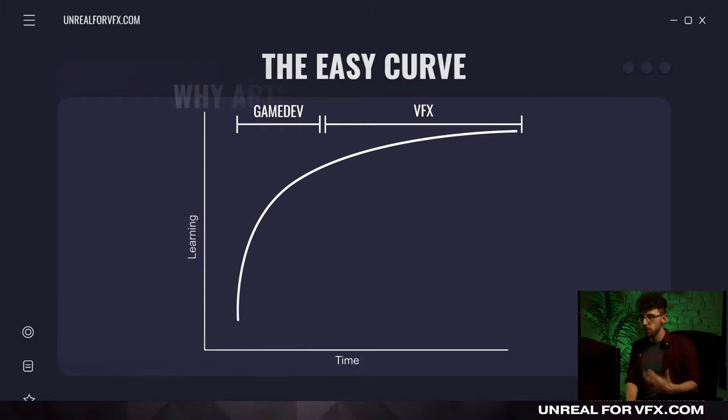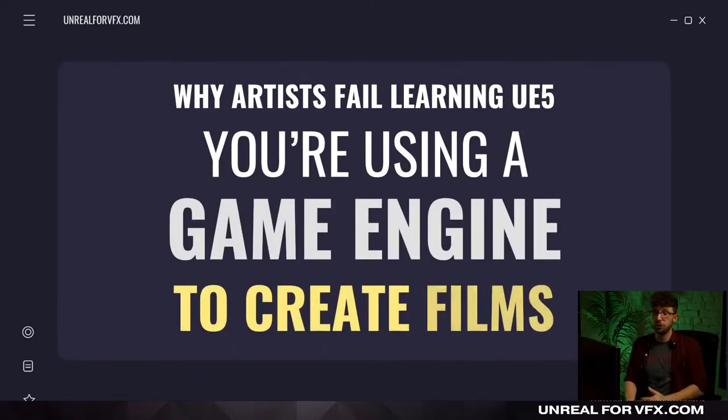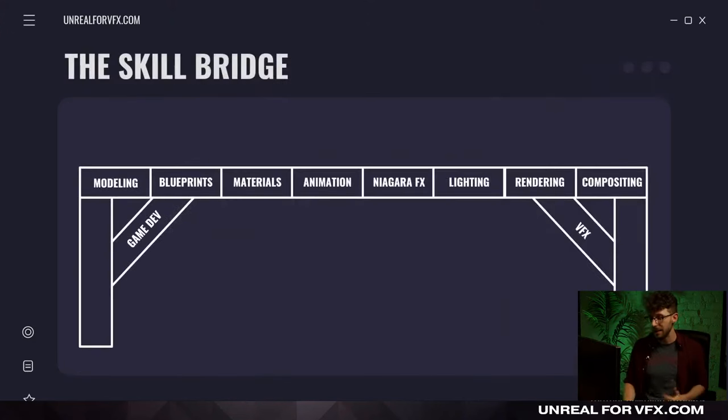So that was really the thing that clicked with me early on, and I just see this time and time again that so many beginners get stuck and fail and give up right before they're about to crack it open and understand it and make that first film. They stop right at the finish line. So if I can give one piece of advice, this is why most people mess up. It's because they're trying to learn a game engine and they just kind of have false misconceptions at this early stage.